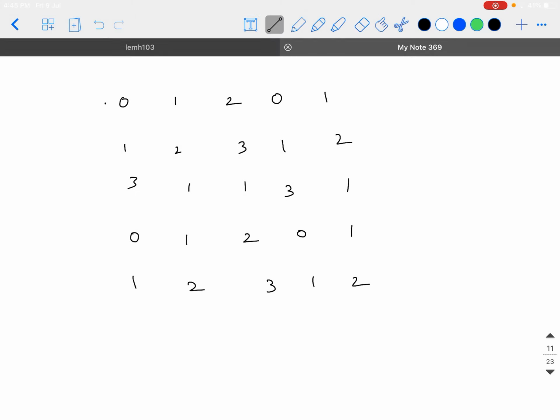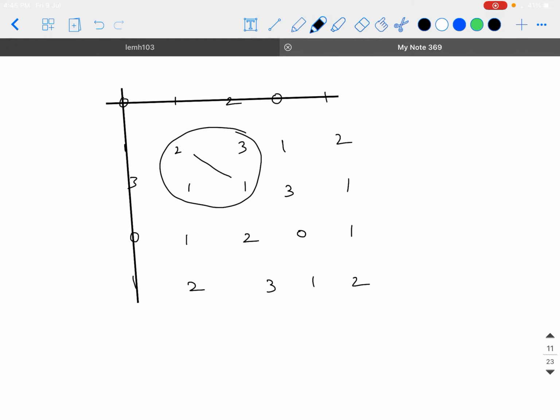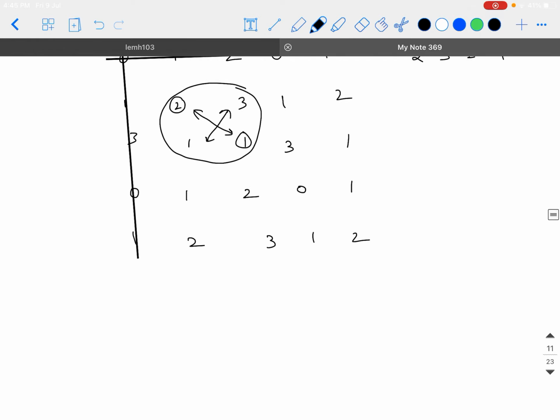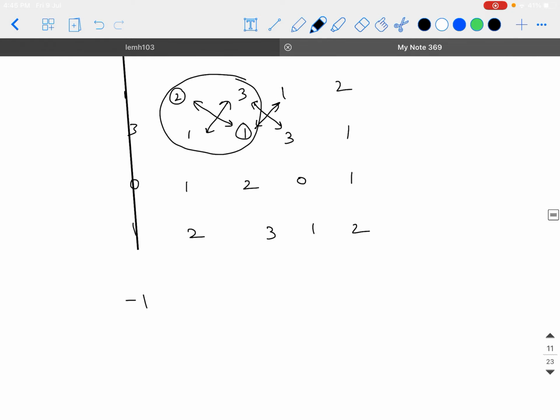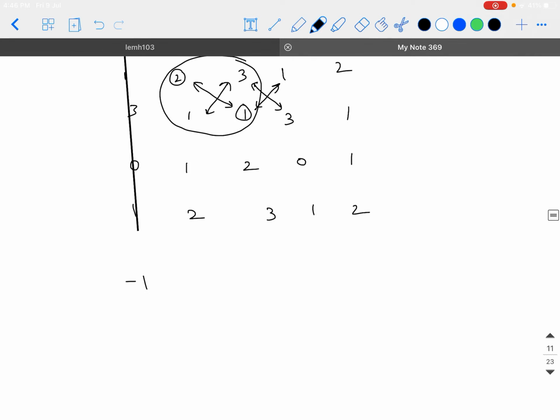Hide this row and this column. Now look at this. Cross multiply and subtract them like how you do in determinants. Don't multiply with any number, just cross multiply and subtract those numbers. Start from left to right and right to left. 2 into 1 minus 3 into 1, so you are getting minus 1. So write minus 1 here. Similarly, do for the next two. 3 into 3 minus 1 into 1. So you'll get 9 minus 1, which is 8. Though you're doing along the horizontal, keep writing them vertically.